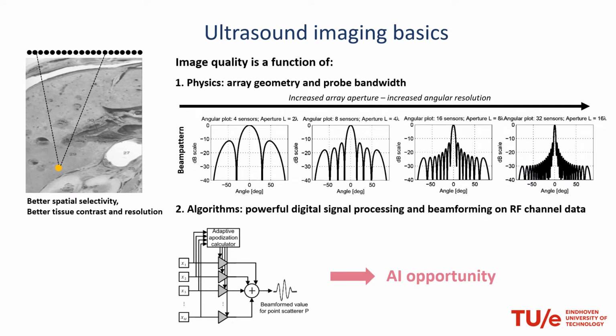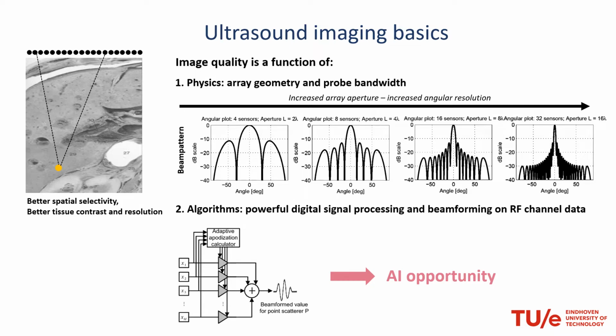So in ultrasound imaging, the image quality is a function of two things. It's a function of the physics, of course, the array geometry, the probe bandwidth. If you increase the aperture, the size of the array, then you increase resolution, as you see here, right? So if we move from left to right on this set of graphs, you see that for 4 sensors that